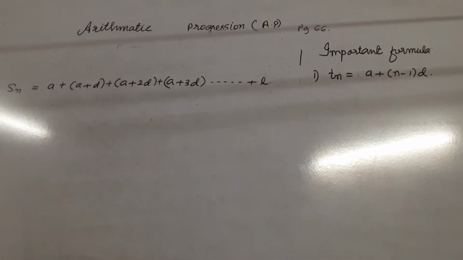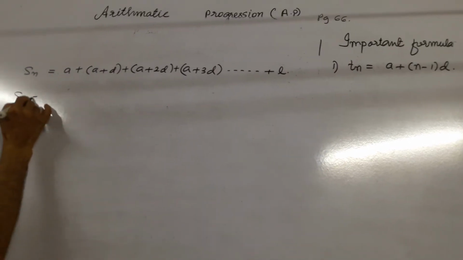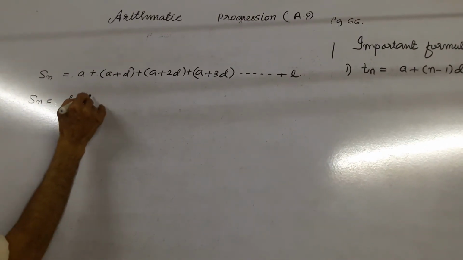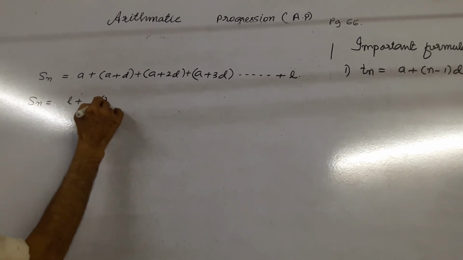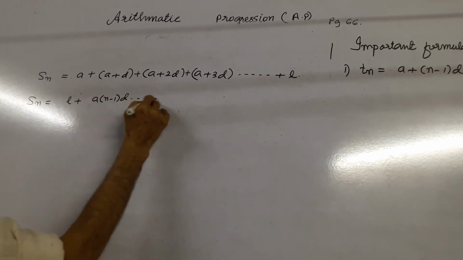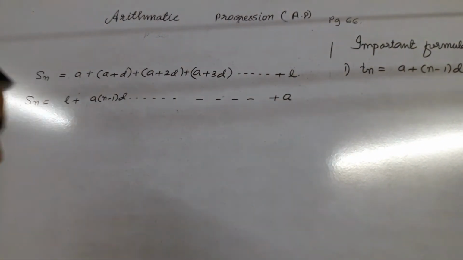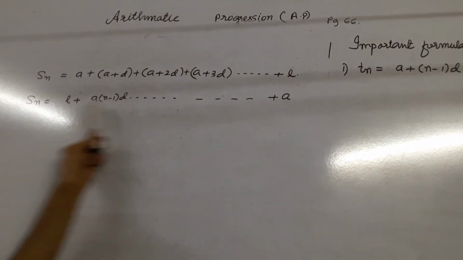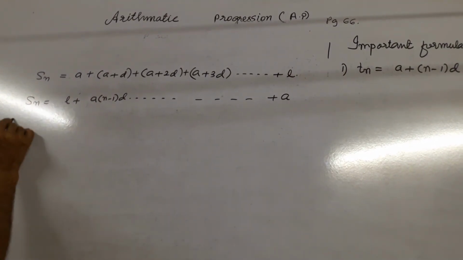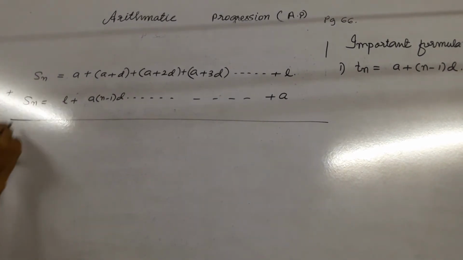So I rewrite this in reverse direction now. Again Sn equal to l plus (l minus (n minus 1) d), and like this, if we add, then you will get the last term, again a will come here. Again this will come here. So we have written this in reverse direction, and therefore if we take the addition of all these terms, we get Sn plus Sn, 2Sn.